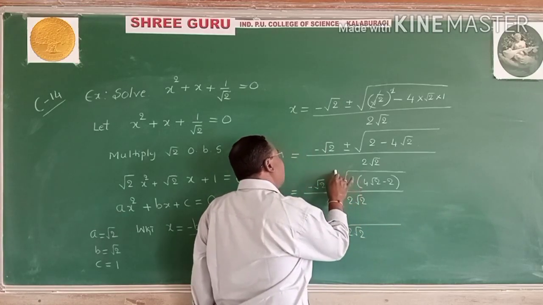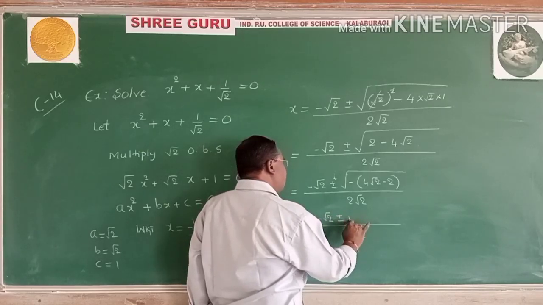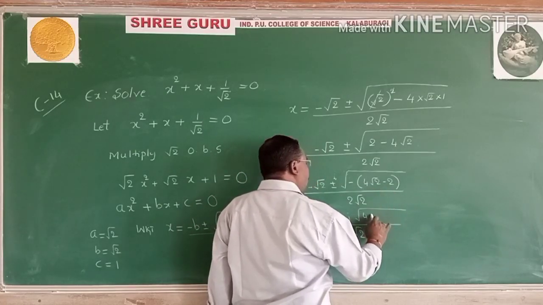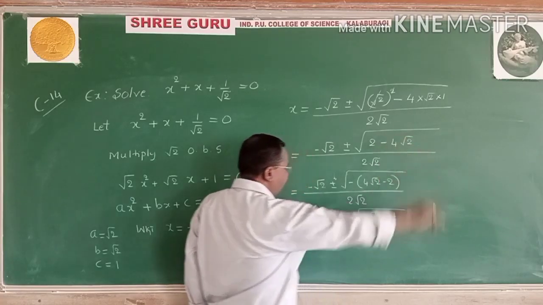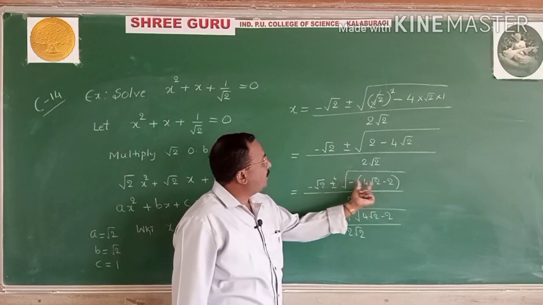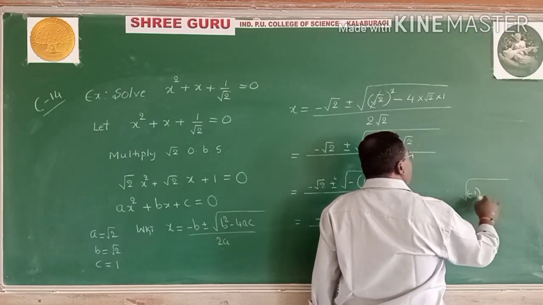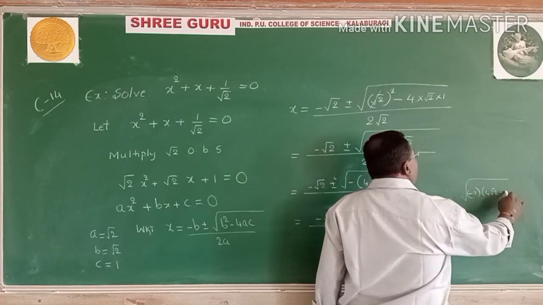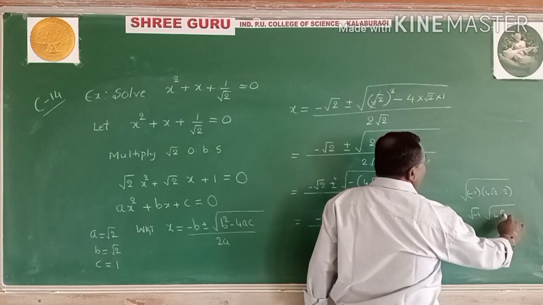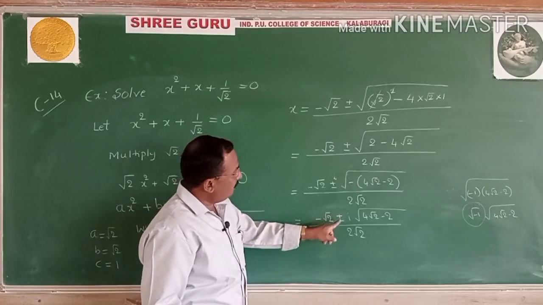This negative we take outside. Negative outside, the value is imaginary i. The remaining part we write here, 4 root 2 minus 2. This can be written as root a root b, because the root is of minus 1 into 4 root 2 minus 2. Here, root of minus 1, root of 4 root 2 minus 2. The root of minus 1 value is i. One positive value, one negative value.